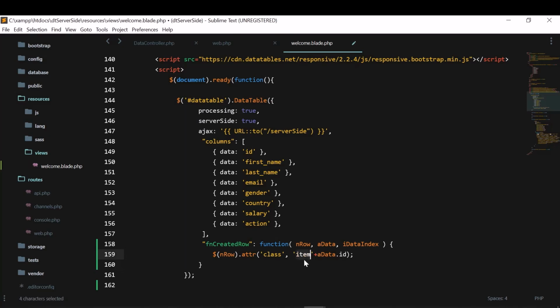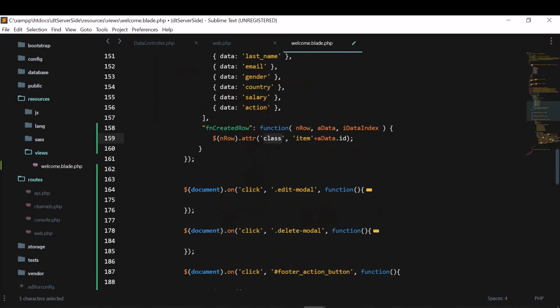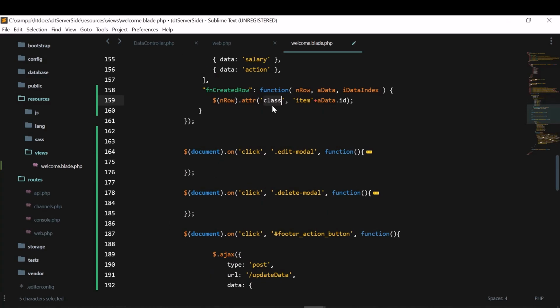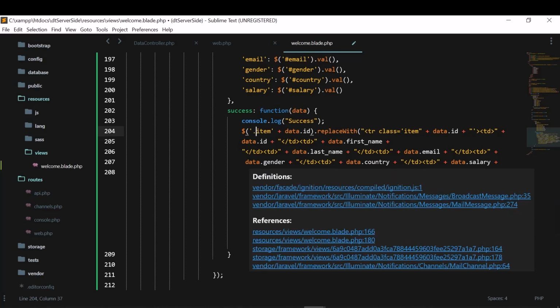The class will be item, and this ID, like item 10, item 11, item 13, and this is the ID. So I have created a class, but we can also create an ID. So as I have created a class there, I will just change this to a dot.